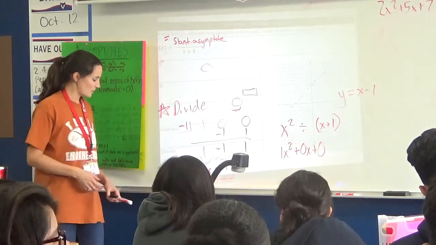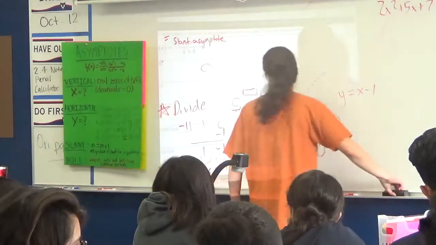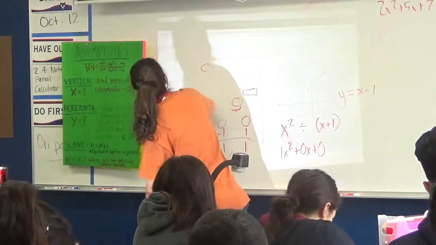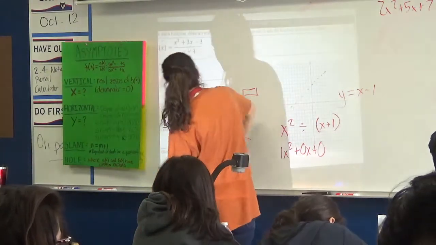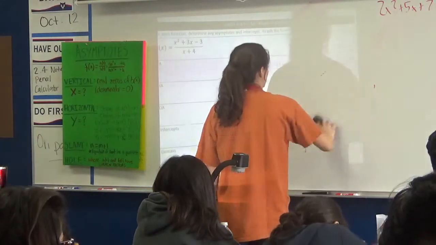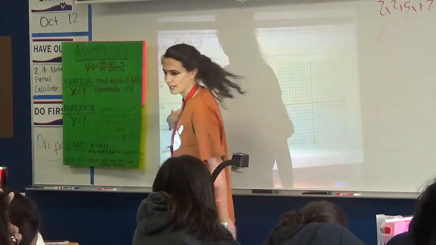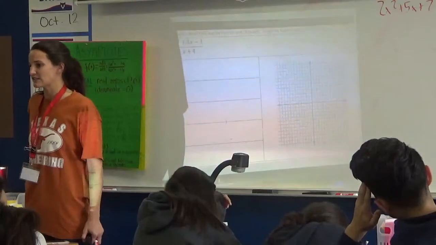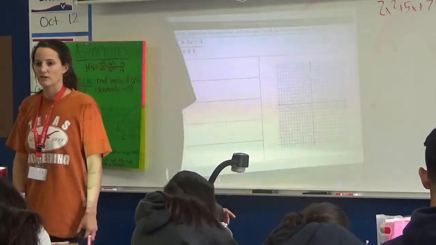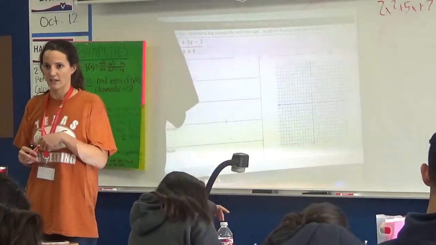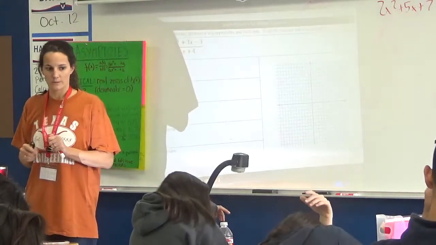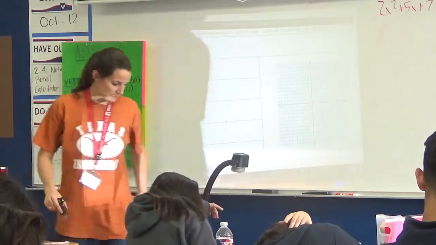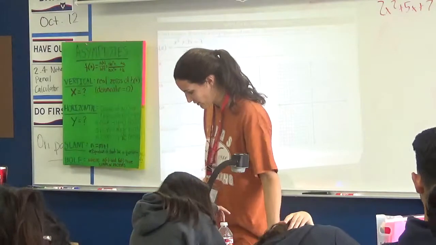Okay, this problem right here, take a look. I want y'all to go ahead and try it with your neighbors. You're going to be finding not only just the asymptotes we've done before, but now notice there's a section that says oblique asymptote, which means you need to try your synthetic division to find that one as well, okay? Try it out. I'll be walking around to help and give out tickets to people working hard.